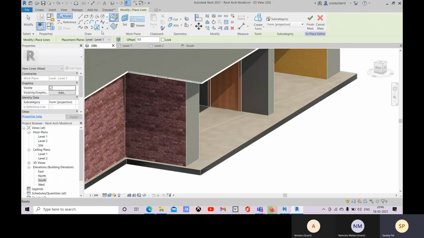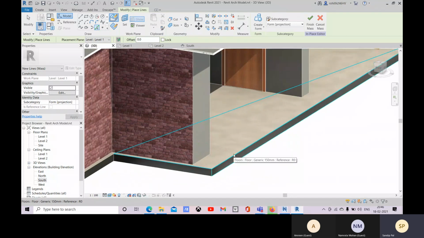So let me create shape. Go with this pick line option. You can go with this pick line here, where the placement plane is, that is level 1. So you can choose that, or else you can go with this line option.